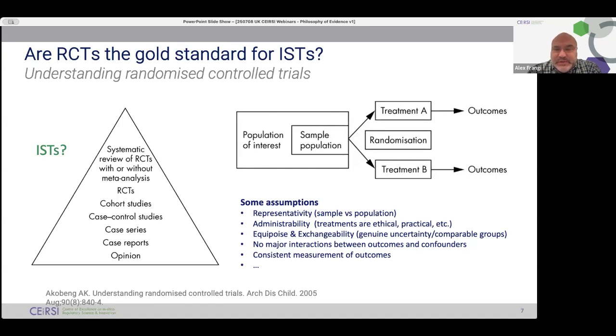Also, that there are no major interactions between outcomes and confounders, which again may not be the case. That you have a consistent way in which you measure the outcomes, so that you actually have a reliable system to sense and quantify the outcome, and you don't have noise at the very end. And many more things that we can bring, and that I'm sure will come out through these discussions. This is not intended to be exhaustive, just to explain why we have considerations to make here too. At the same time, there are situations where randomized controlled trials might be the best way forward, and indeed, are at the top of the pyramid for a reason.